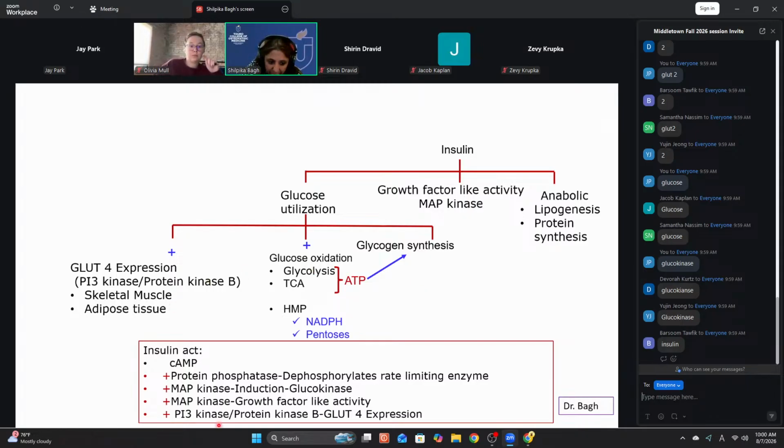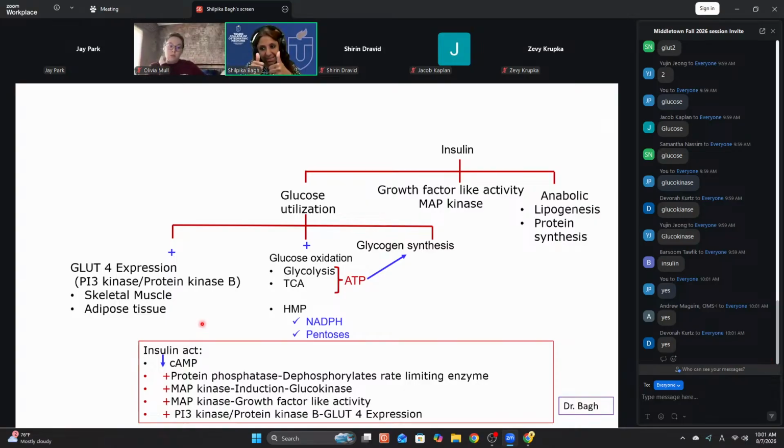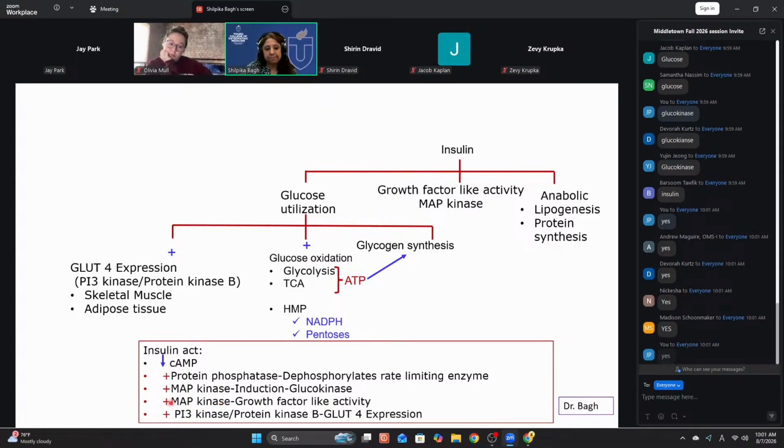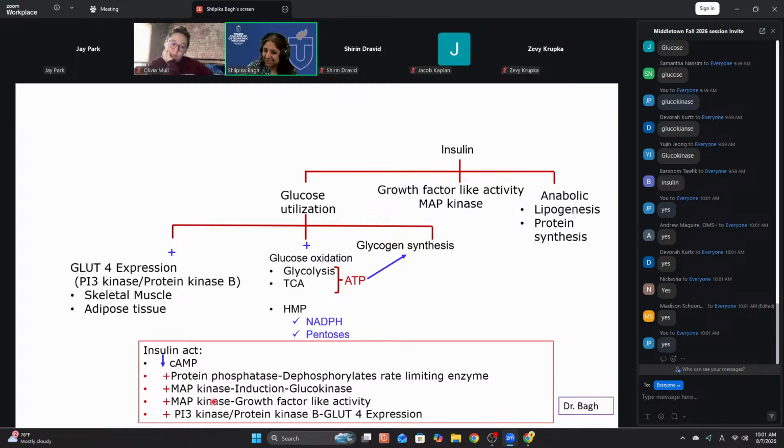What is foundation 1? Have we done all these signal transduction mechanisms? Foundation 1 is this box. Foundation 2 is the action of insulin. I did say insulin is anabolic to lipid and protein on the right side, right? Did we learn that? Does somebody have a question? Does insulin have growth factor like activity? Does insulin dock proteins like GRB2 and have growth factor like activity? Is this growth factor pathway the RAS, MAP kinase pathway? Please know that. So this is all insulin action we have done.